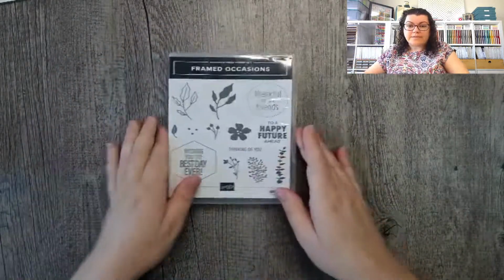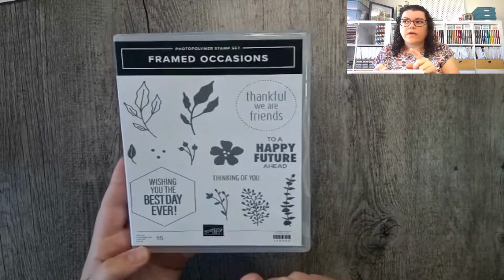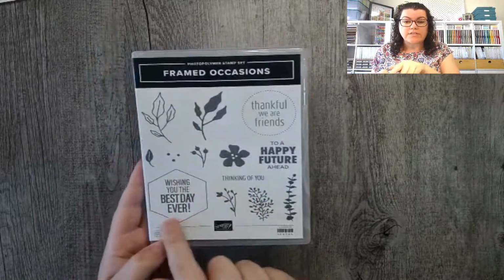But there are so much more that you can pre-order. So let's have a quick look. We have some beautiful stamp sets. So we have the framed occasions. Now, if you have the Hello Beautiful set bundle from the mini catalogue, the dies actually match these ones, which